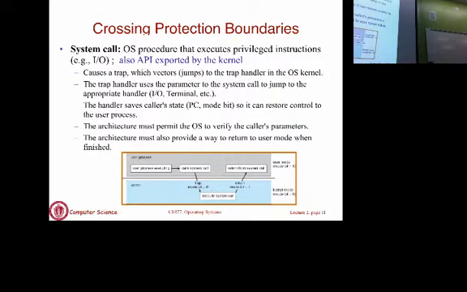Any other questions? Yes. Is there any protection for those processes? Is there anything for protecting the kernel from being corrupted? Okay. So the kernel, just as you have to protect processes from one another, you also have to protect the kernel's memory from other processes. Okay? So you will use the same technique.